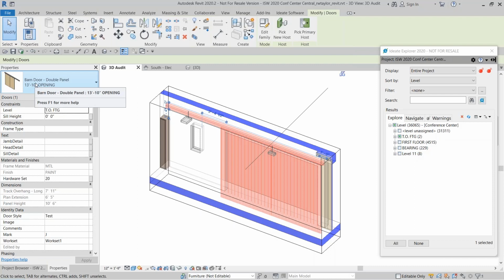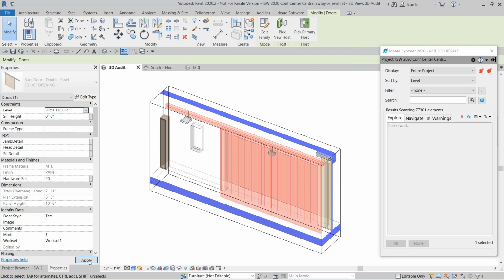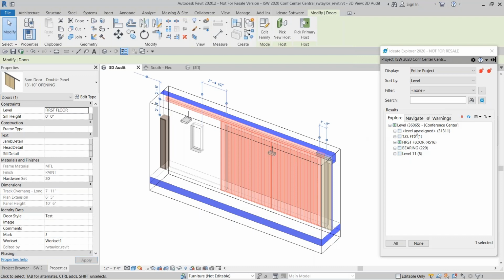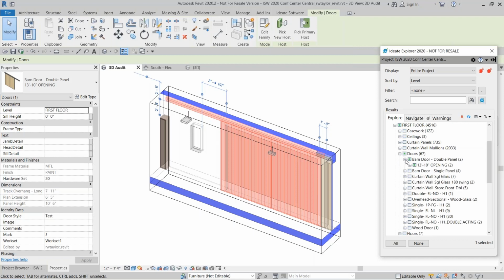I can come over here and in the properties palette, I can see that the level is set to top of footing. I'm going to switch that over here to the first floor and apply. So I'm making that change. You can actually see over here in Ideate Explorer, it's updating, it's dynamic. So now that top of footing, right, does not have a door. It only has the level marker, and the door has actually been moved over to where it's supposed to be,